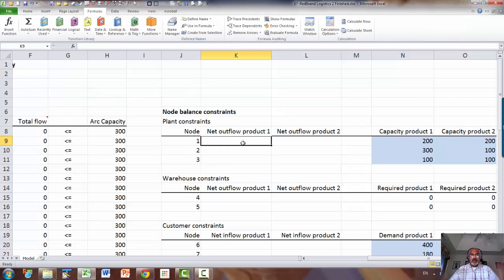Okay. Now let's set up the net flows for the different nodes. So it will be net outflow for the origin nodes, that are the source nodes 1, 2, and 3. And then net inflow for the customer nodes, that will be the last two nodes, the demand nodes. And the intermediate warehouse nodes can be either way. So I'm going to set it up as net outflow. All right, so it will be SUMIF, okay, the range is origin first, going out,